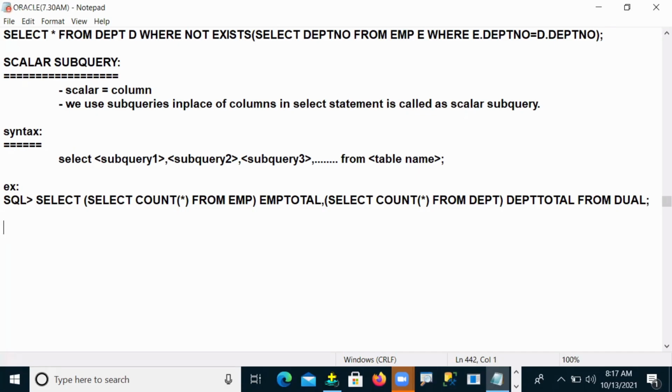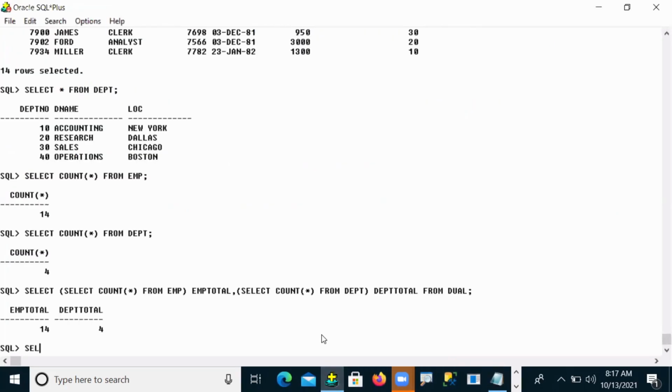Whenever you want to convert rows into columns, scalar subquery can also be used. Now see what that is. For example, select star from EMP, which is our table.